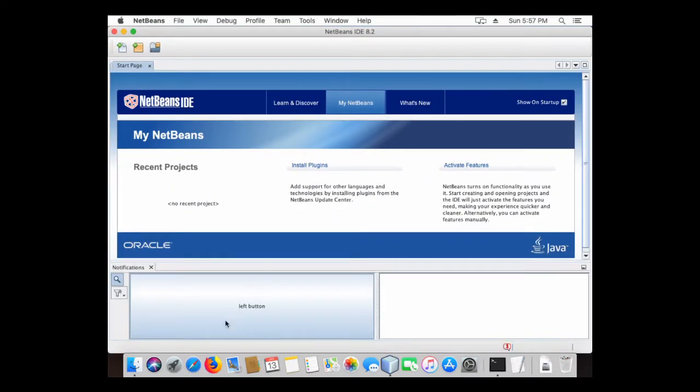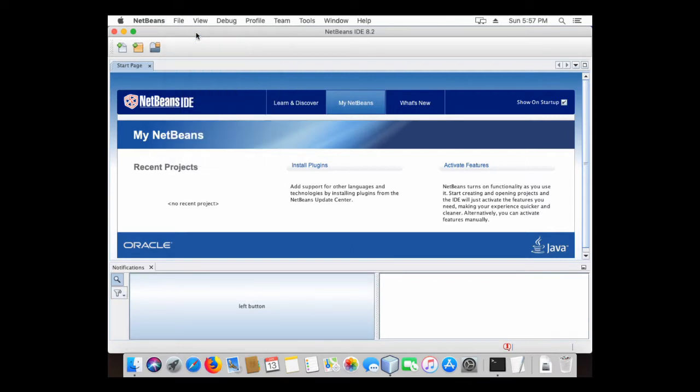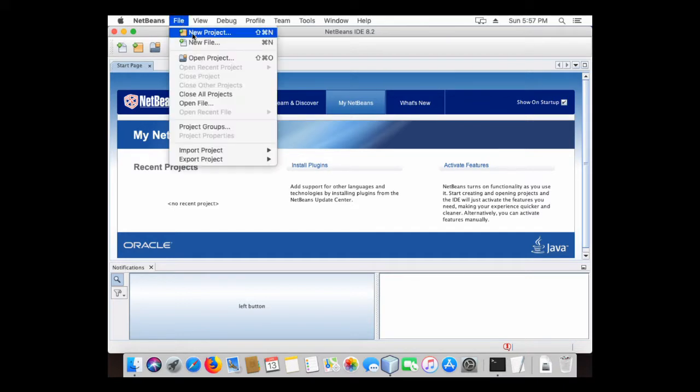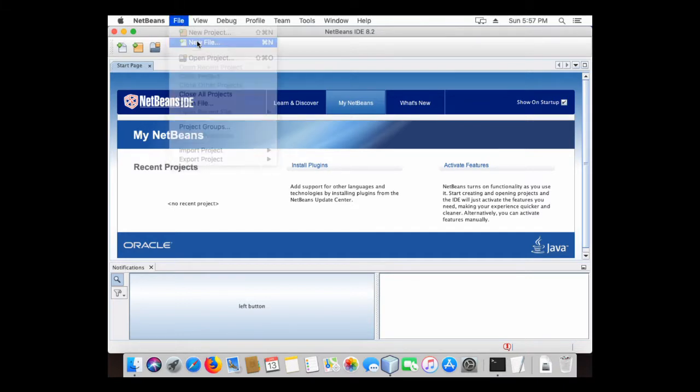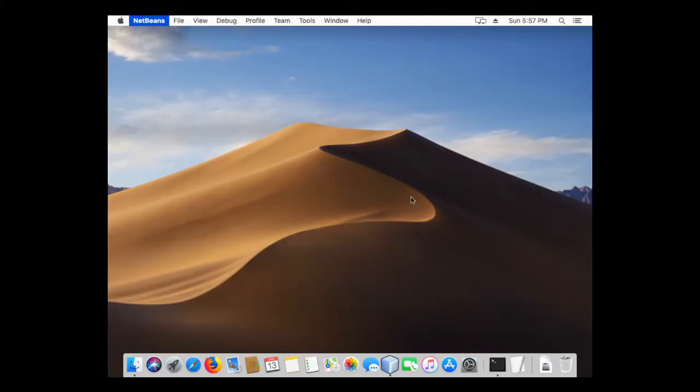And it does this. It gives us this big button here. It says left button. There's a big blank space, a couple of icons. And when we try to create a new project, nothing happens. Try to create a new file, nothing happens. Why? Well, in this case, what's happened is I suspect that either when your Macs were loaded or when you